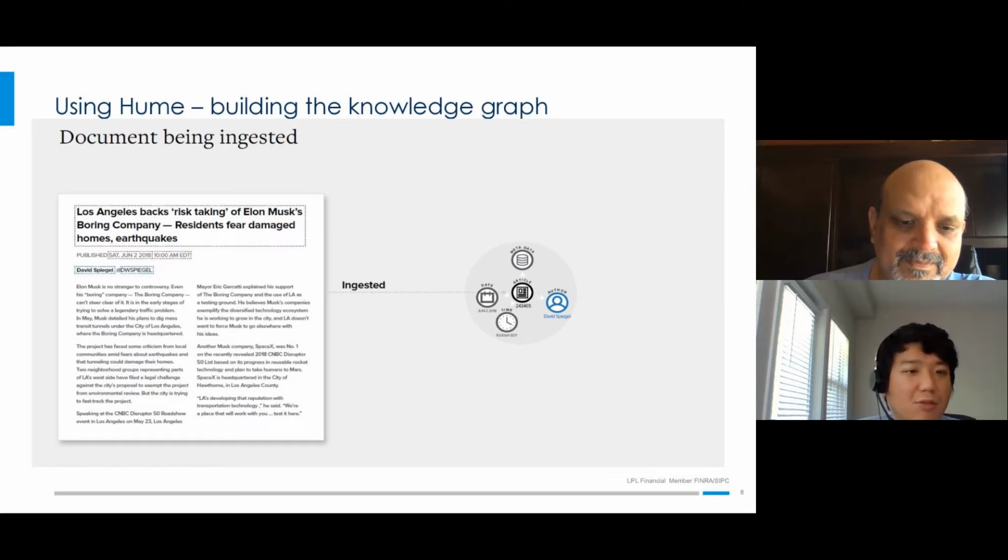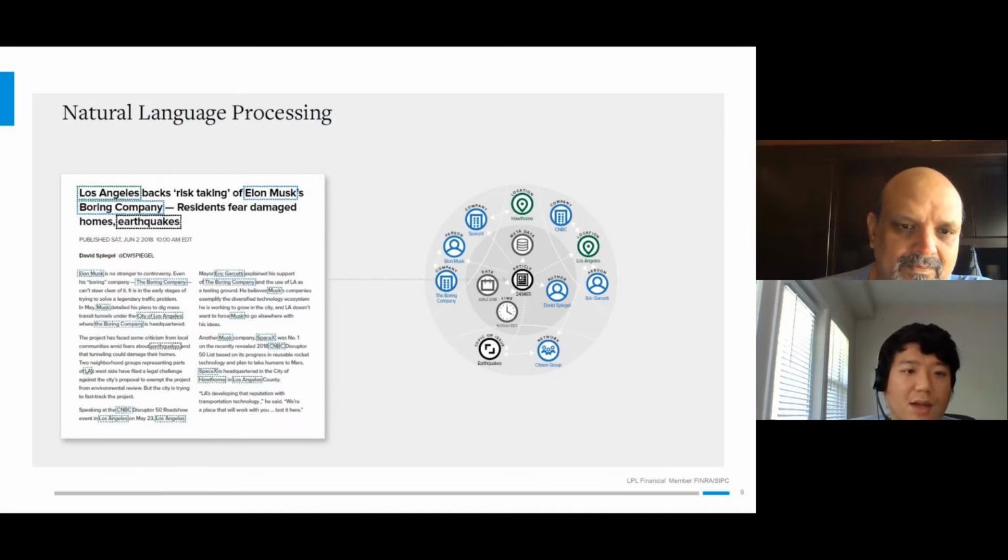Over the next couple of slides, we'll be showing some slides that we got from Graphware for how the ingestion process works for Hume, to go over what was done to get the data to the shape that was mentioned before. In the first step, we ingest the data, the documents, and this enables the second step, which is applying NLP against the data. For this particular pilot, we used a really basic NLP algorithm that extracted the 25 keywords